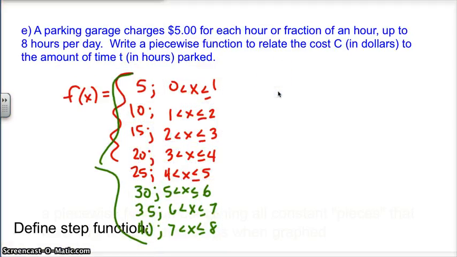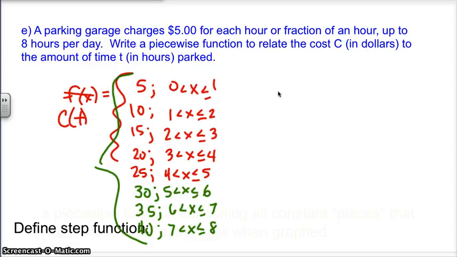Alright, here's the problem on the previous page of your notes. It says a parking garage charges $5 for each hour or fraction of an hour, up to 8 hours per day. Write a piecewise function to relate the cost, C, in dollars to the amount of time, T, in hours parked. Here's the function written in day 2, lesson 2 of the notes, discussing that the function should be written C of T,